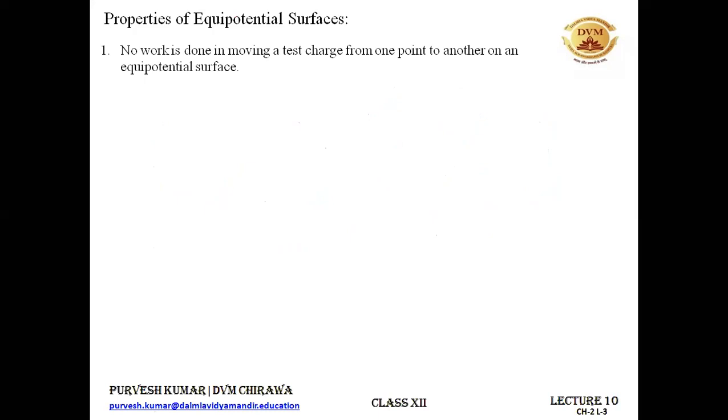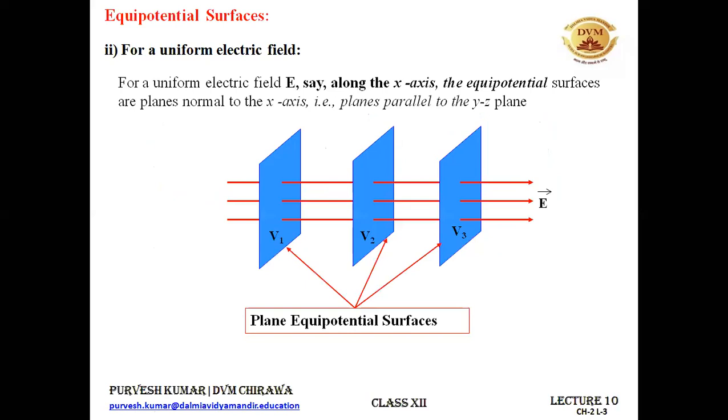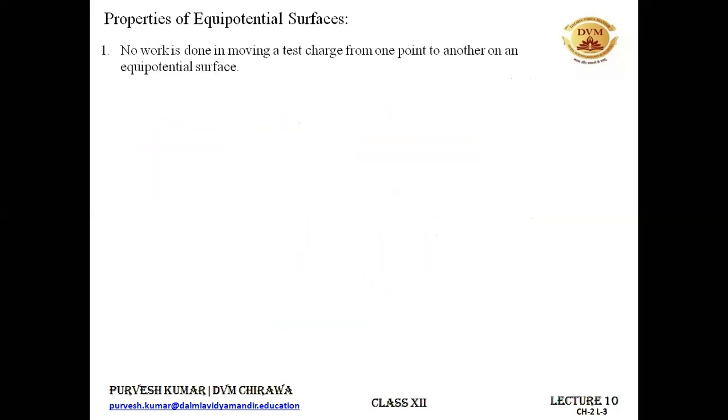All right. Now we have to go through the properties of the equipotential surfaces. The first property is that no work is done in moving a test charge from one point to another point on an equipotential surface. So this is our equipotential surface. If we need to move a charge from this point to another point on this surface only, the work done is 0. Or from this point to this point on this surface, the work done is 0. So if we are moving any charge on an equipotential surface, the work done in moving that charge is 0. This is our first property, and the proof for this property comes like this.